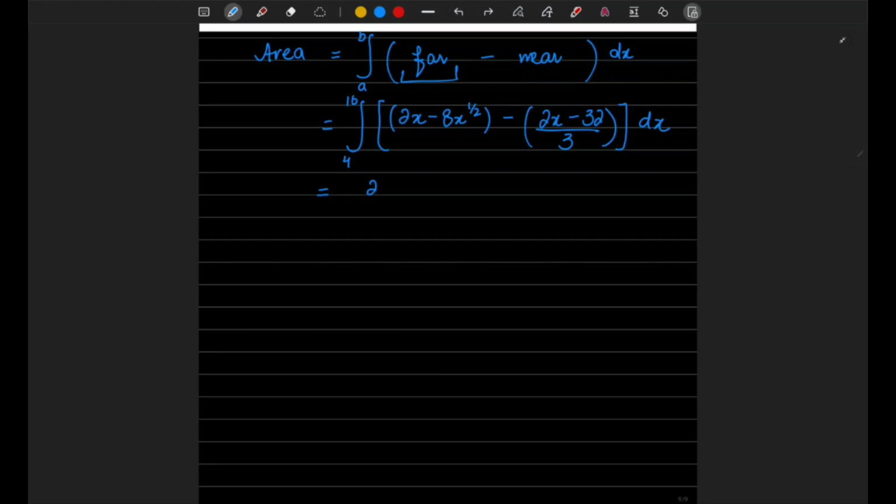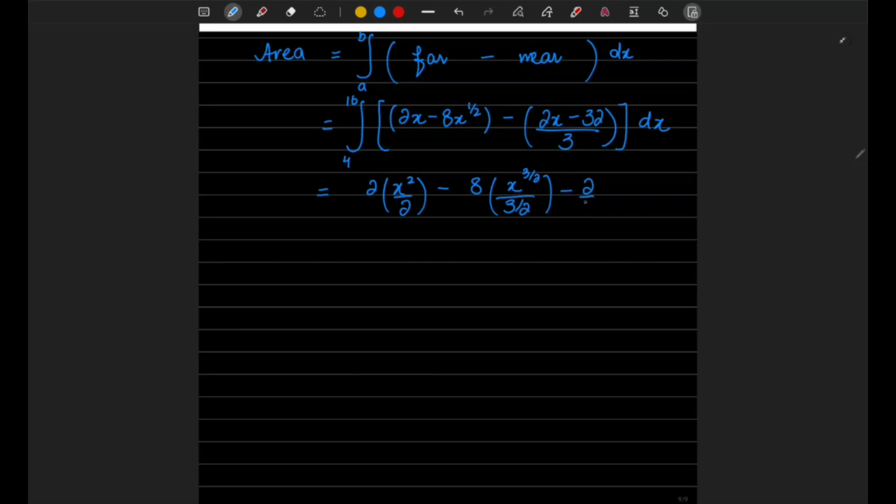Directly is far better. So 2x square over 2 minus 8 times x to the power 3 over 2 divided by 3 over 2,